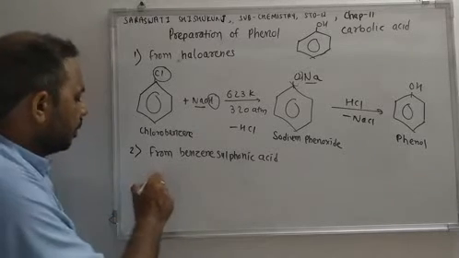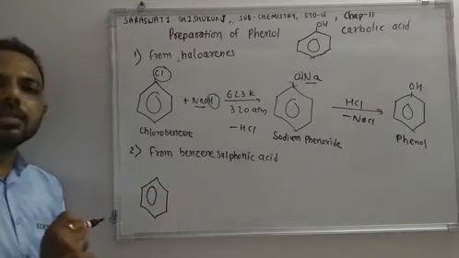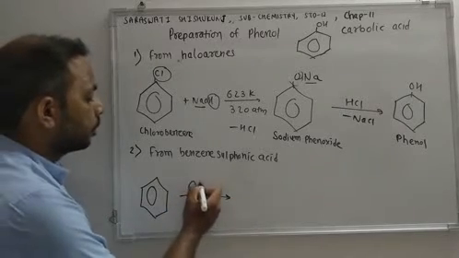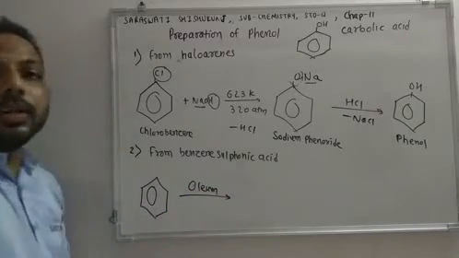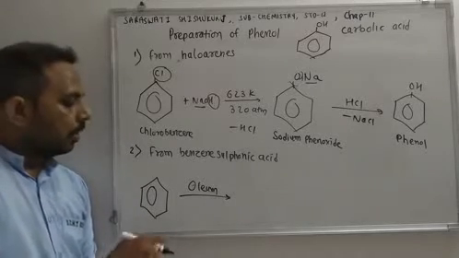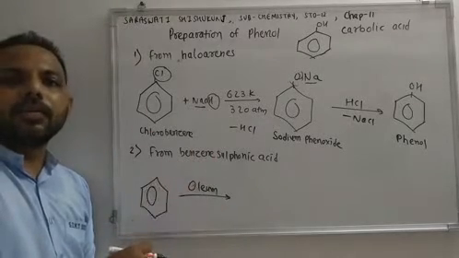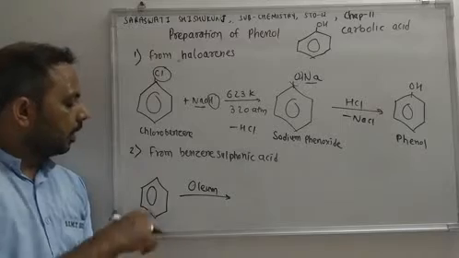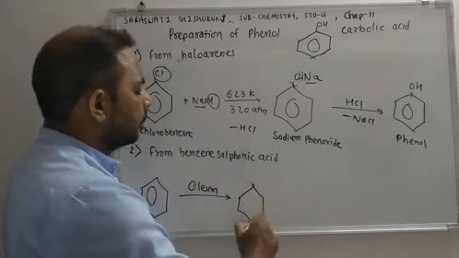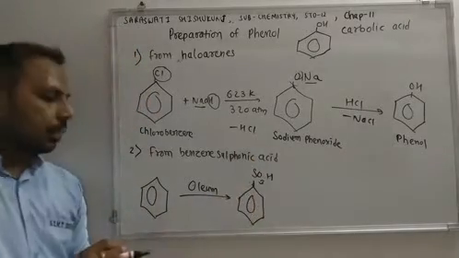And for that, we have benzene over here. So this is benzene. If benzene reacts with oleum, we have already discussed oleum. Oleum is the highly concentrated form of sulfuric acid. So benzene reacts with sulfuric acid, that is sulfonation of benzene. We discussed this in standard 11. We'll get benzene sulfonic acid. So this is benzene sulfonic acid.